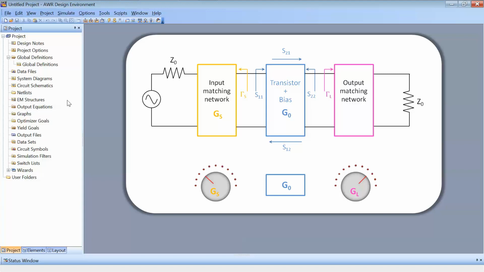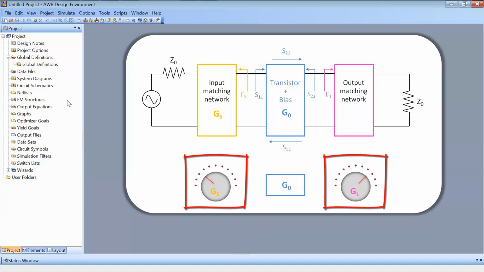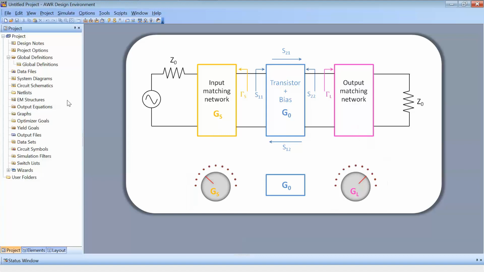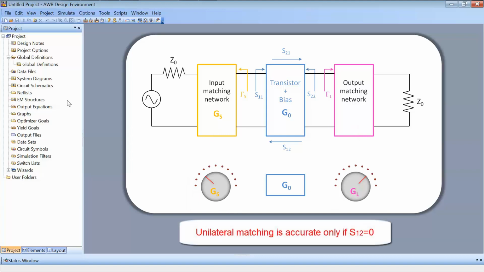We can think of input and output matching networks as gain dials, which allow us to adjust the gain by adjusting the amount of mismatch that is present at input and output ports. These techniques, however, can only be successfully used when the S12 s-parameter of the transistor is negligible. Remember that the S12 gives us an indication of how much interaction there is between the output and the input